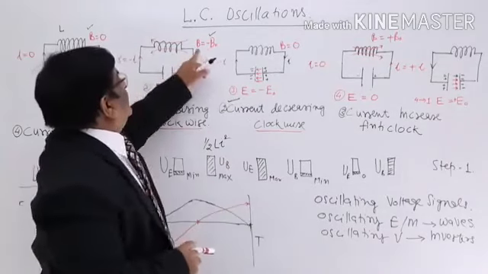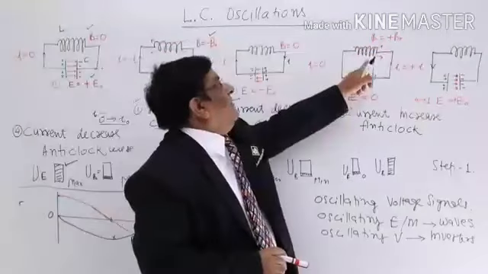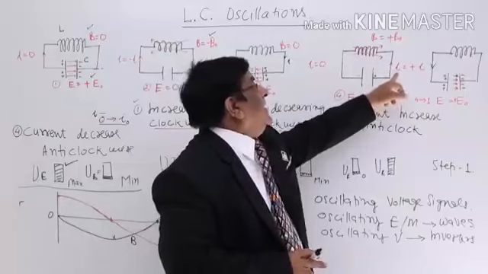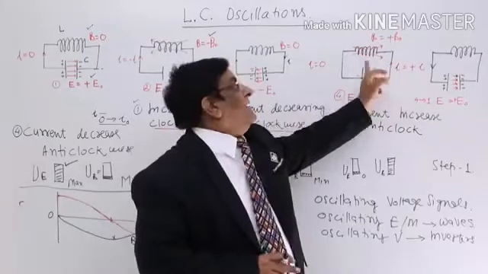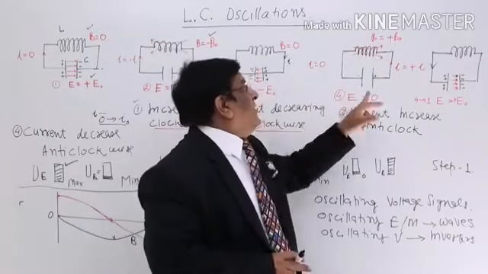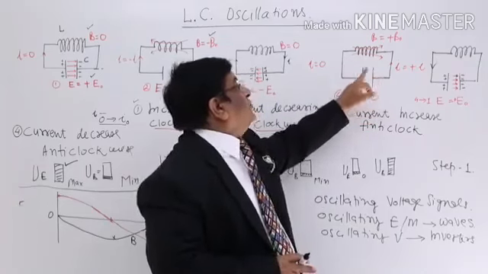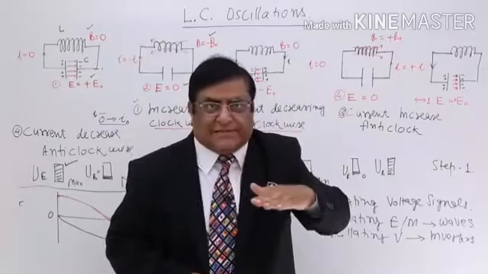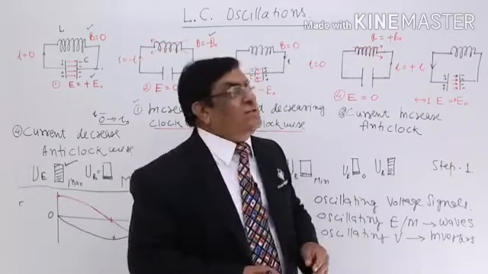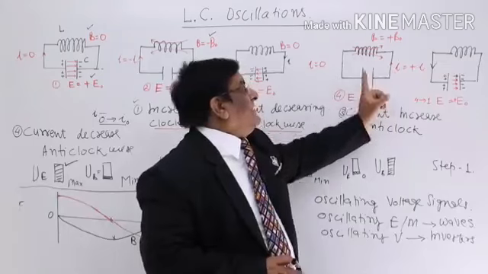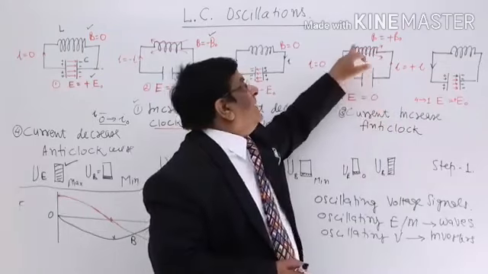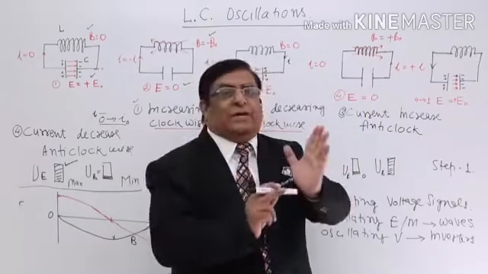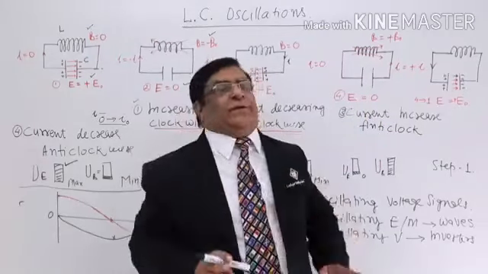So again, which was minus B0 here, here we get a plus B0 magnetic field. This magnetic field opposes the increase of current in this direction. But when all the charges are consumed, what happens to the current? The current starts decreasing because all the charges have been consumed. Now, if the current is decreasing, what will this storage of energy do? Answer: this will support the current so that this increase of current should not decrease.